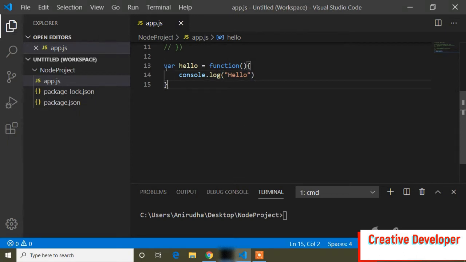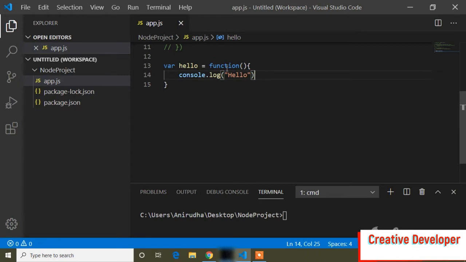So this is an anonymous function, and it's called anonymous because this function has no name. I just assigned a variable, and inside this variable I assigned a function. So this function has no name, so we call it anonymous.